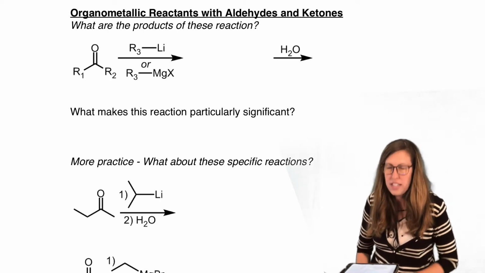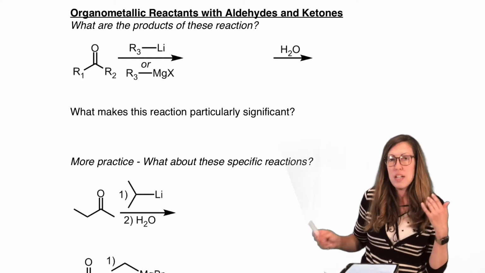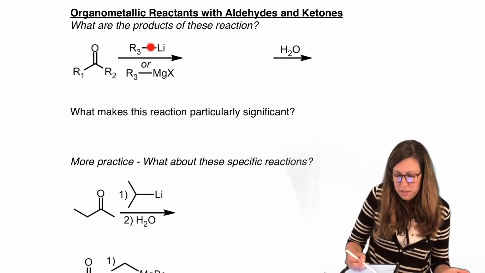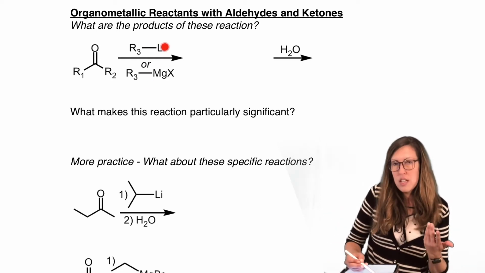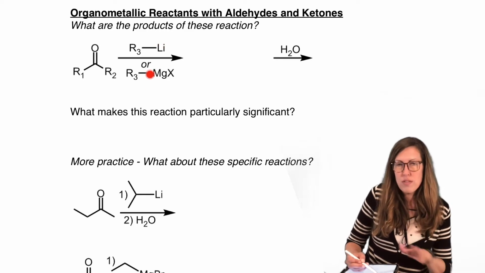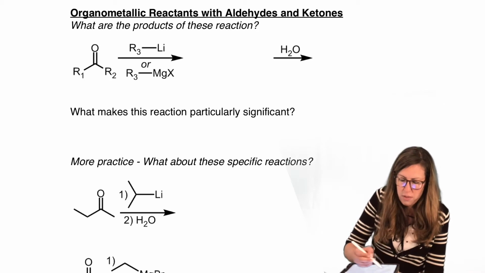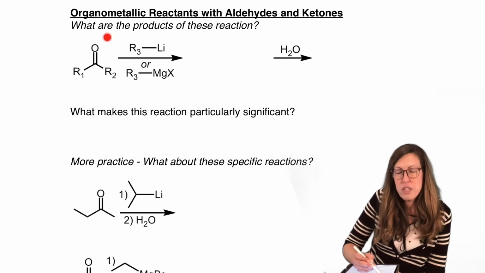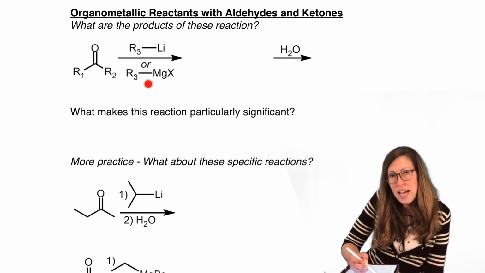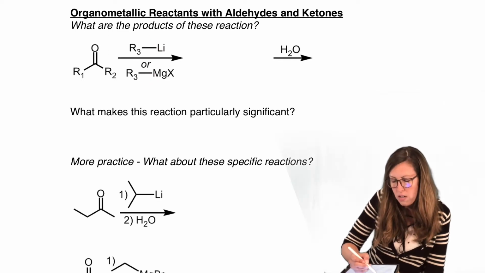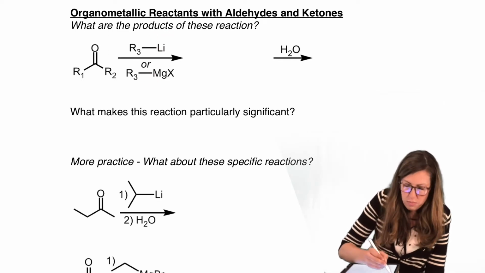Because they will actually give us different products sometimes. In terms of reaction speed, different results. Reaction product, not different results as far as this class is concerned, okay? So these will be the same. That's why they're practically interchangeable over the arrow. So we have our aldehyde or ketone. We have our organometallic reagent. It's already been prepared and ready to go. Remember, these came from alkyl halides at some point.